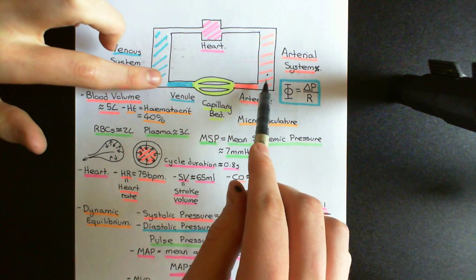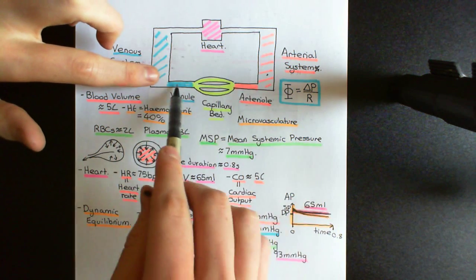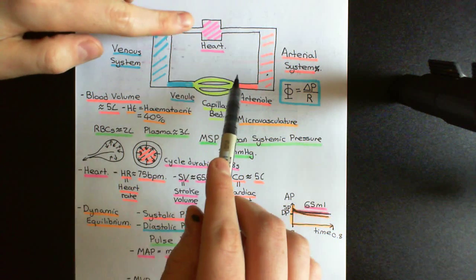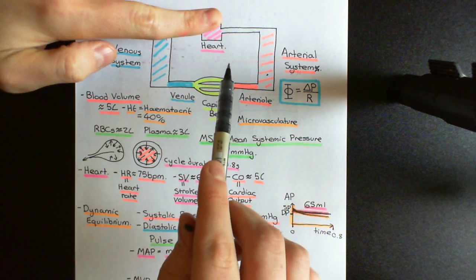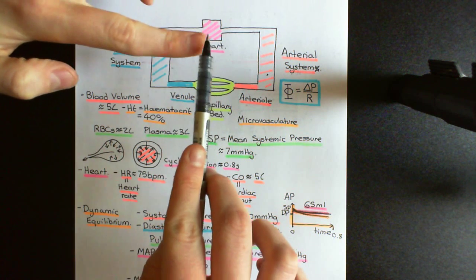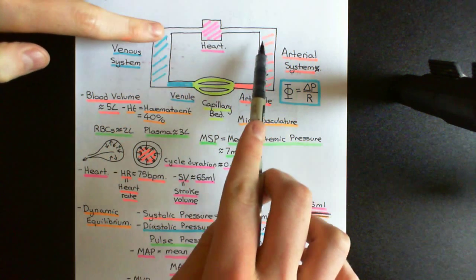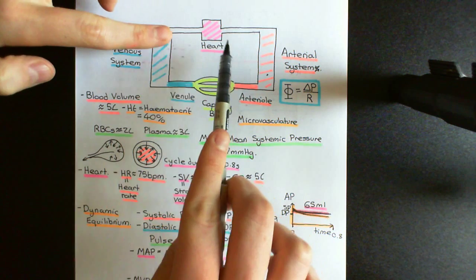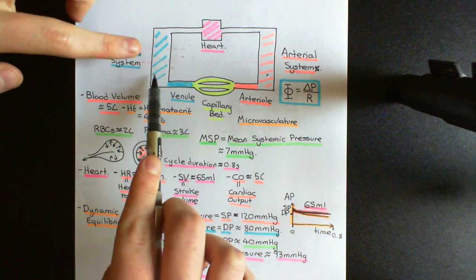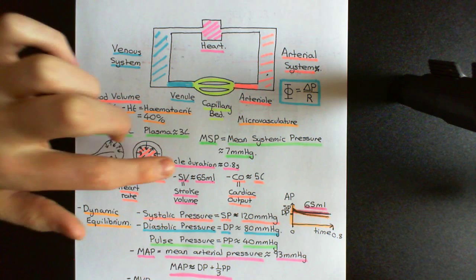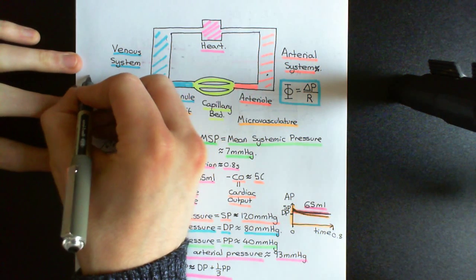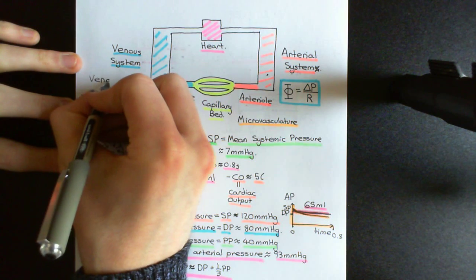The amount of blood returning from the arterial system to the venous system in a cycle duration of 0.8 seconds is increasing. So one's falling down, this one's rising up to meet it, and then the dynamic equilibrium will arise when the two are equal to each other, when the stroke volume has fallen to a level that equals the amount of blood moving from the arterial system to the venous system in that cycle duration. And by the way, there's a term that I'd like to introduce,